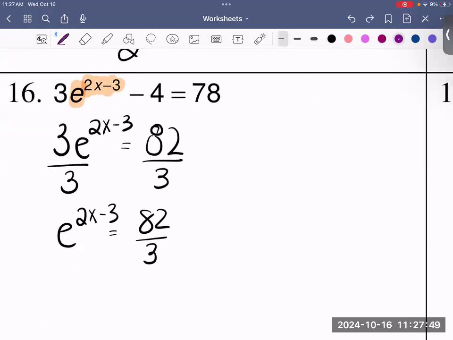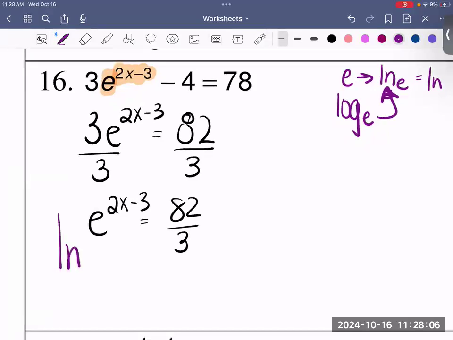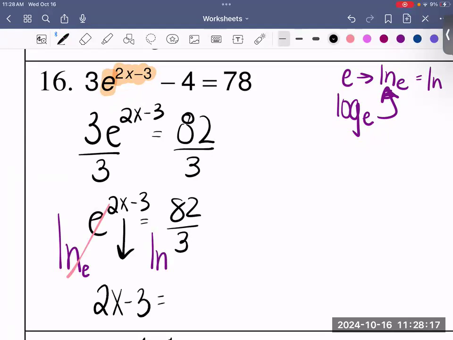E has an inverse of ln. So instead of writing log base e, we're actually going to write natural log, because natural log already has a base of e. So we can just write ln. So we're going to write ln of both sides. Again, this has a hidden base of e, so it allows us to cancel and drop this exponent. So we have 2x minus 3 is equal to ln, natural log, of